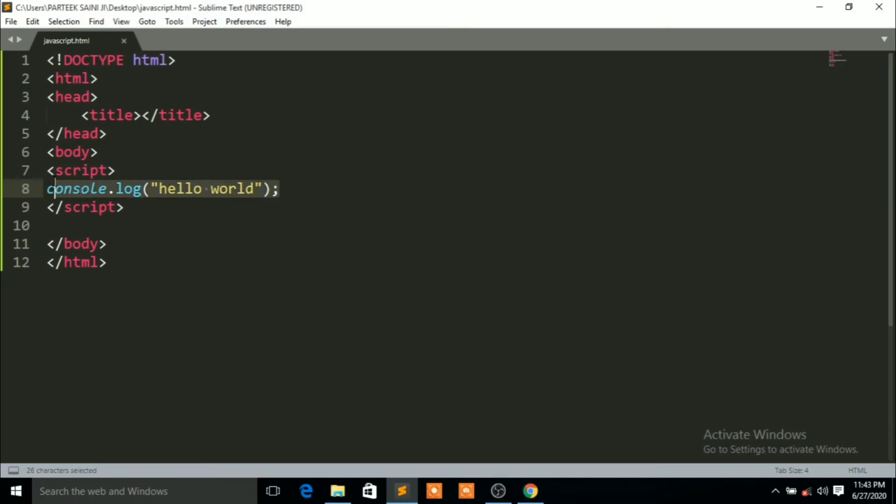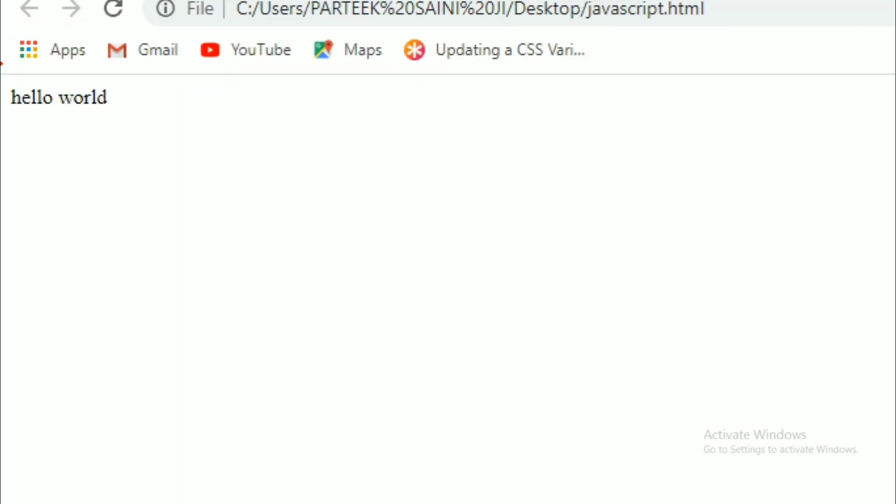First of all, let us remove the console.log. You have to write document.write, and here in the double quotes you have to write hello world. This will print in the browser screen, not in the console window. Control plus S, friends, and then Control plus R, and you can see that hello world has been printed in your browser screen. So these are the two methods to print the hello world program. Okay friends, so this is about our first program in JavaScript.